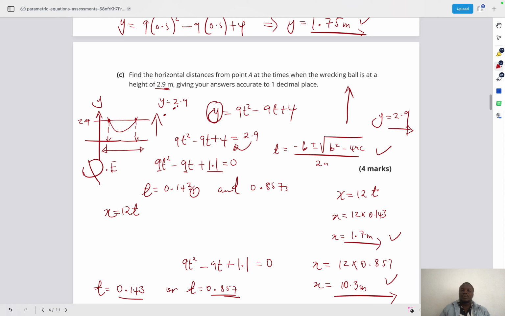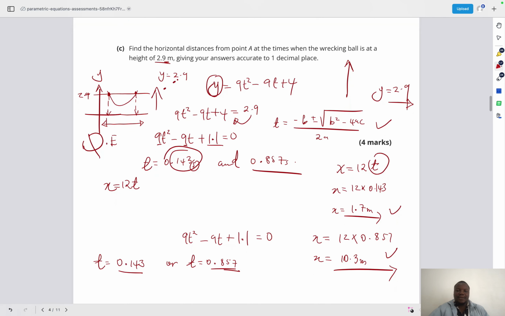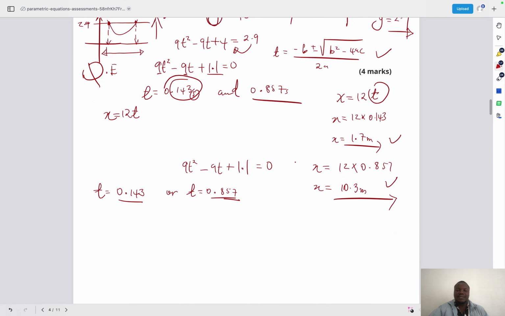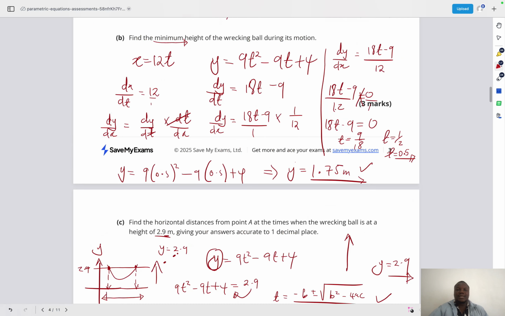Replacing t with the first time we found gives 1.7, and the other t in the same x equation gives 10.3 meters. So these are the answers, and I just wanted to give you a quick look at them, which I'm sure you should find very nice and maybe easy. So this is about question number